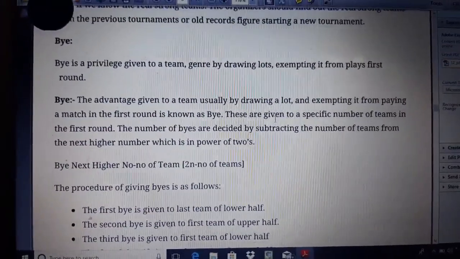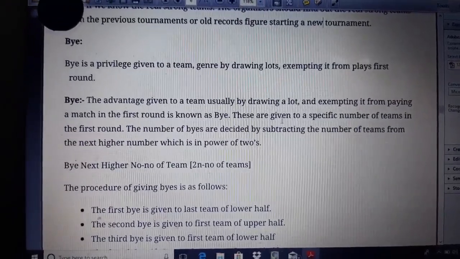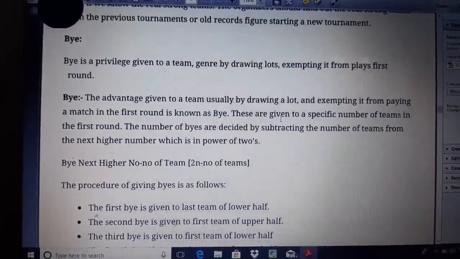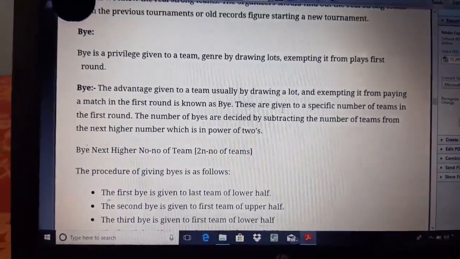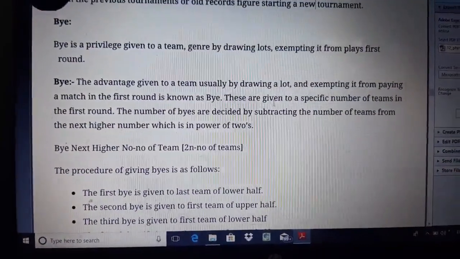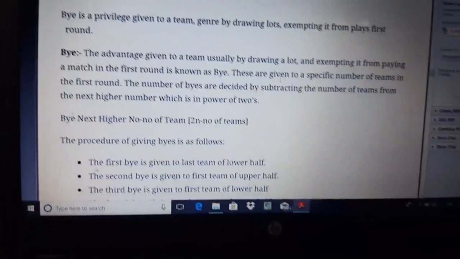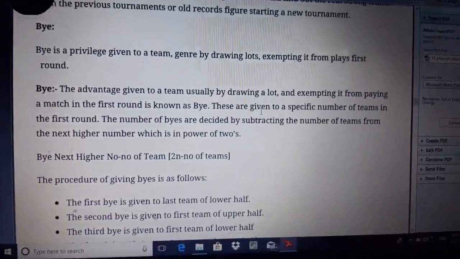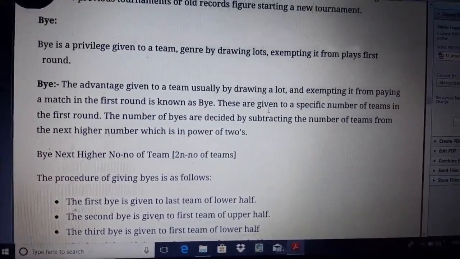For example, if there are around 53 teams, then we'll make 64, as the next highest number. You have to keep it to two equal halves. You don't have to worry about the details, just keep it to two equal halves, just to make it balanced. Now with 12 teams, it is very obvious that 6 will go up and 6 will come down.